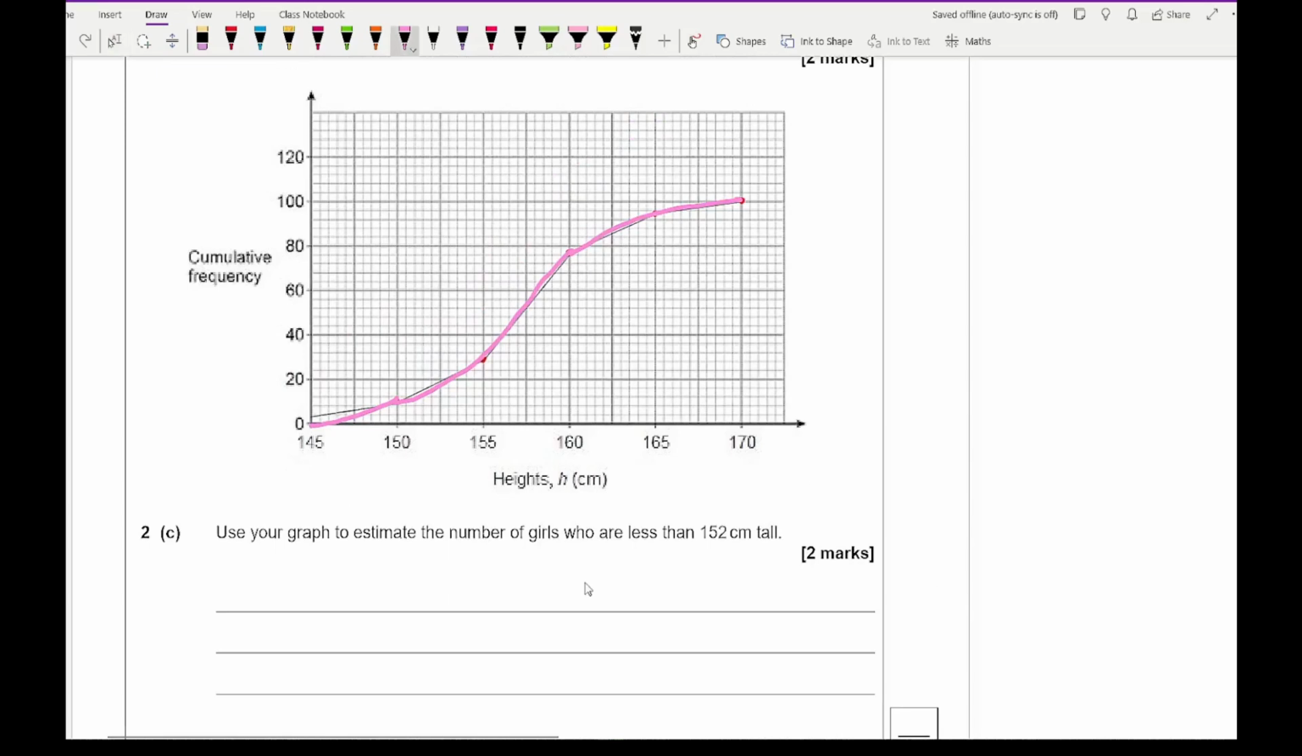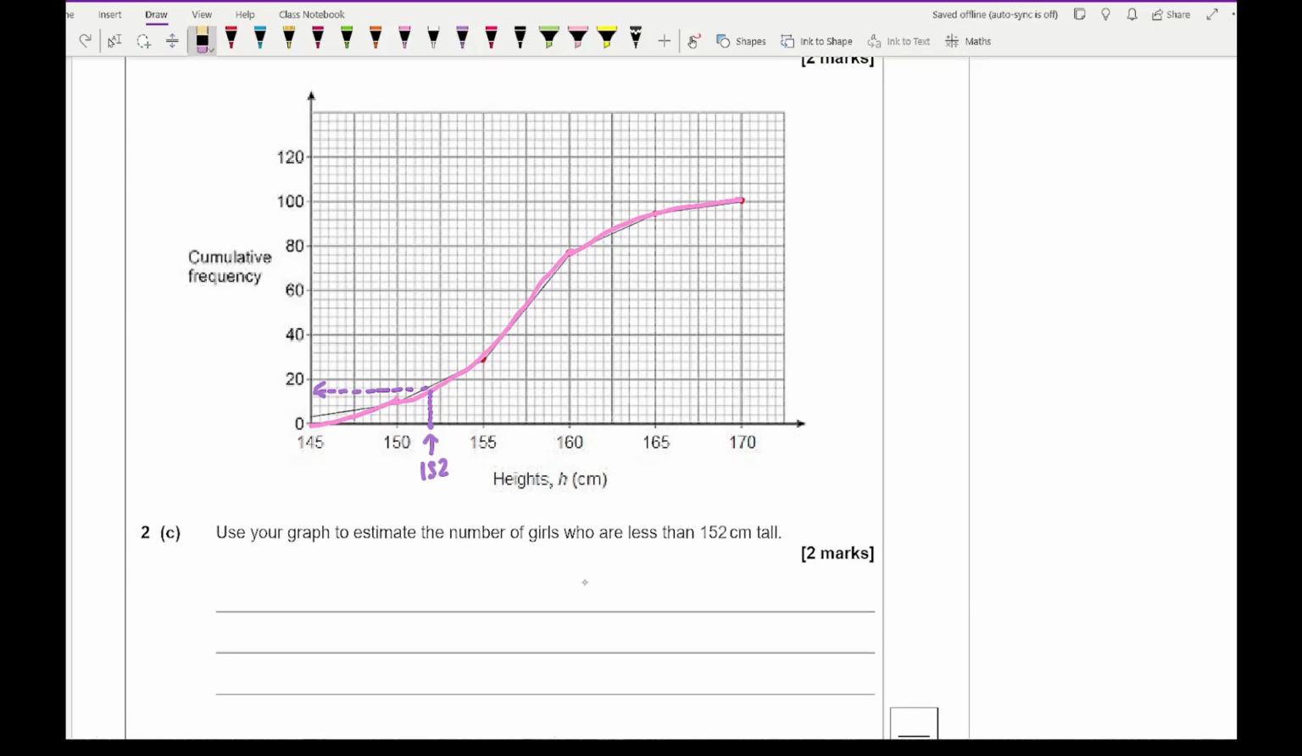Then for 2c, it says use your graph to estimate the number of girls who are less than 152 centimeters tall. Now for this, what I need to do is find where 152 is. That's going to be at the 4th little square from 150. So this is where 152 is. Then I need to draw a line until it hits my cumulative frequency curve and then project across. And this here would give me my frequency, which I roughly make out to be,